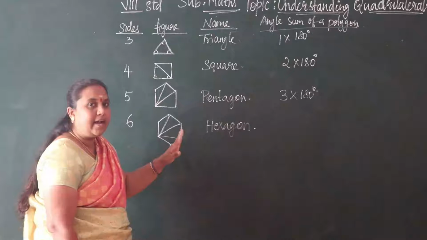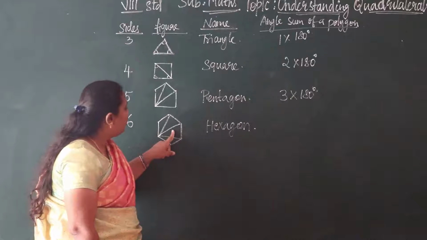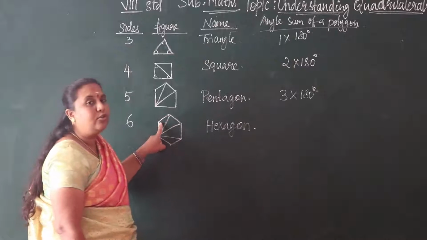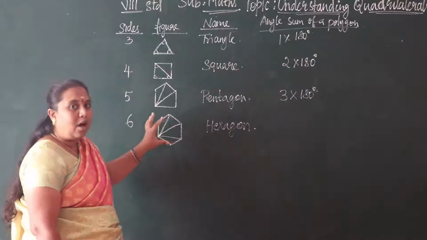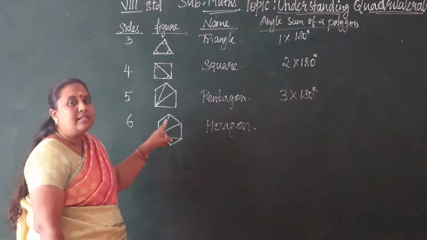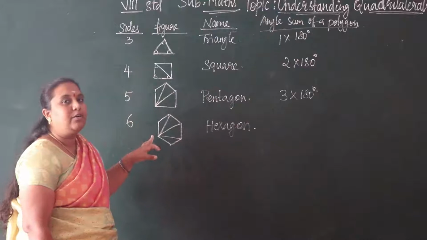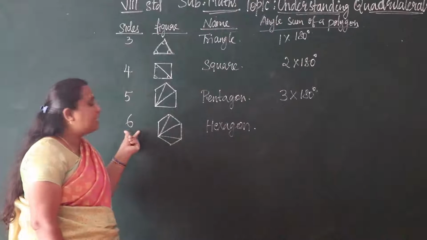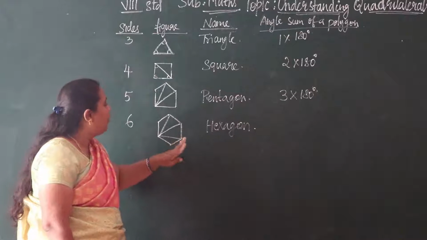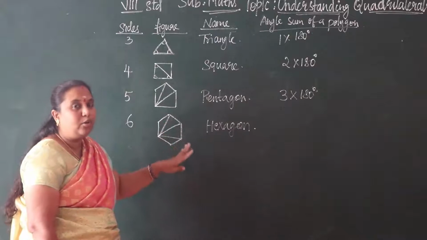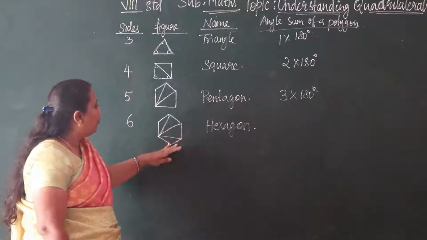By drawing the diagonals of a six-sided polygon, we have 1, 2, 3 and 4 triangles here. So how do we find the sum of the angles of a six-sided polygon? 4 triangles are there, 4 into the sum of the angles of a triangle, which is 180 degrees. So 4 into